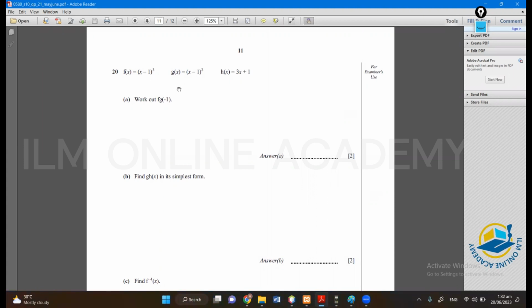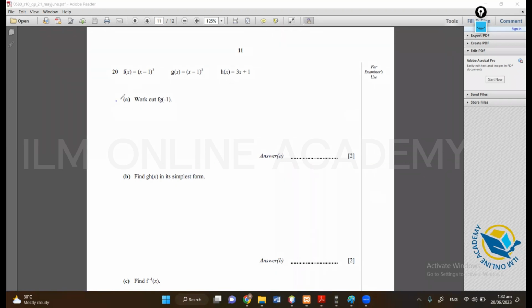x minus 1 cube, g of x equals x minus 1 square, and h of x equals 3x plus 1. So what we have to do here is कि हमें करना ये है कि the first part is work out f g of minus 1. So what you have to do is basically वो कह रहे हैं that you have to find out f g of minus 1. It means see अगर कभी भी ऐसा लिखा हुआ है ना, what